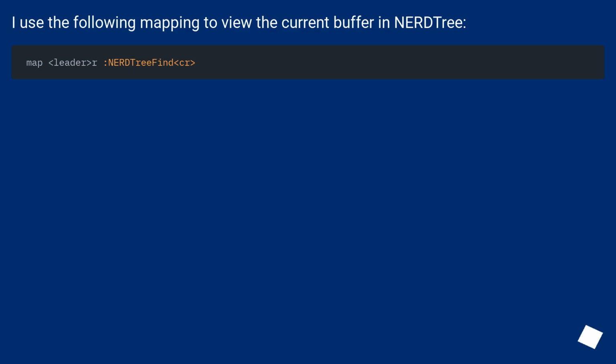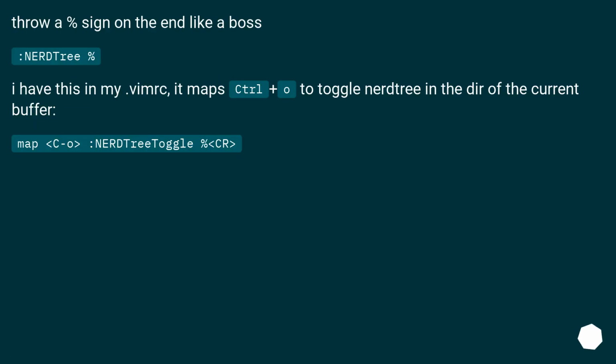I use the following mapping to view the current buffer in NERDTree. Throw a % sign on the end like a boss. :NERDTree %. I have this in my .vimrc. It maps Ctrl+O to toggle NERDTree in the directory of the current buffer. map <C-o> :NERDTreeToggle % <CR>